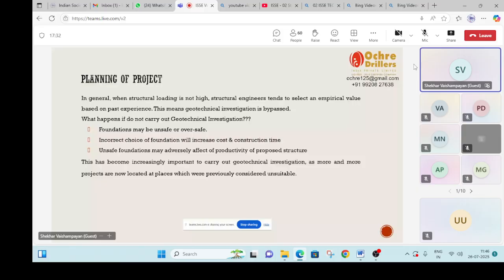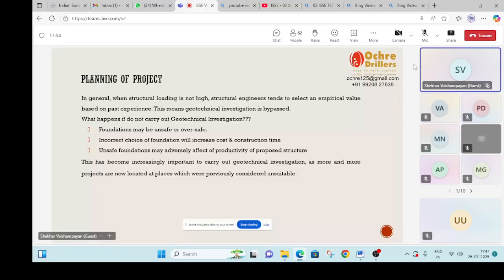Now nobody wants to do that. So what will happen is they will say instead of actual capacity, they'll say it is 600. Suppose somebody says it is 600 and designs for that, the foundation becomes unsafe. If the foundation is unsafe, then with time, once you construct, the structure may undergo